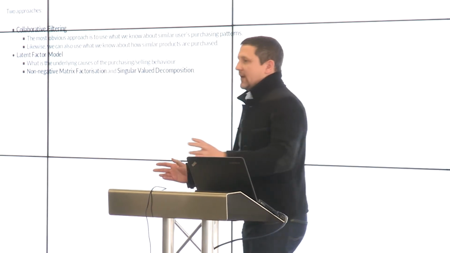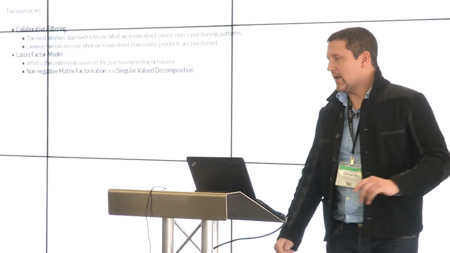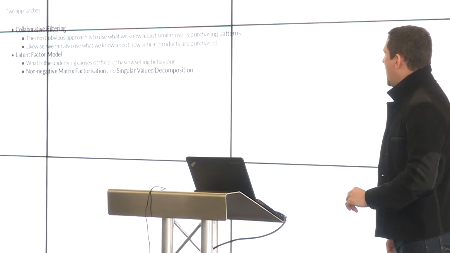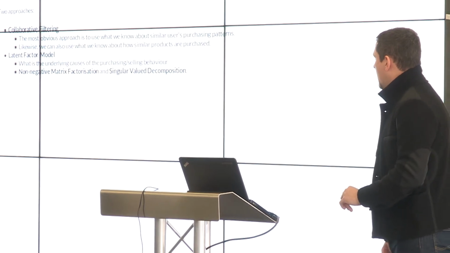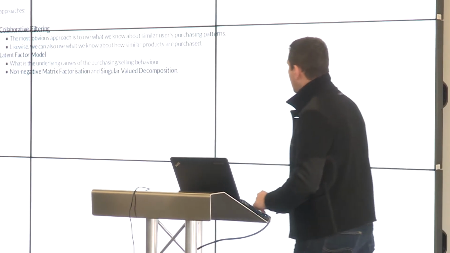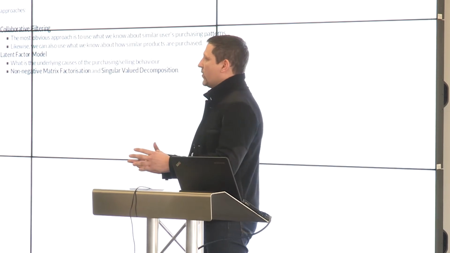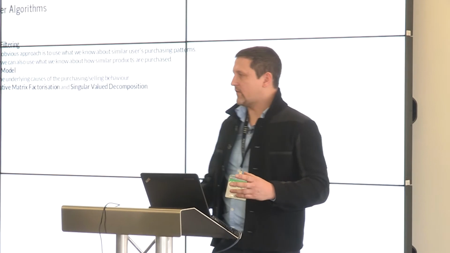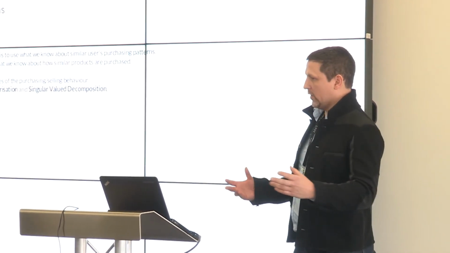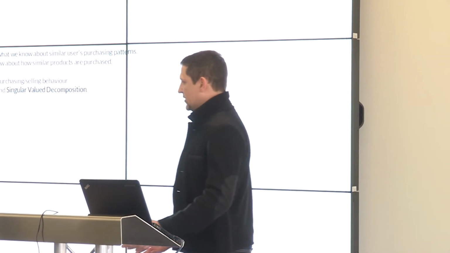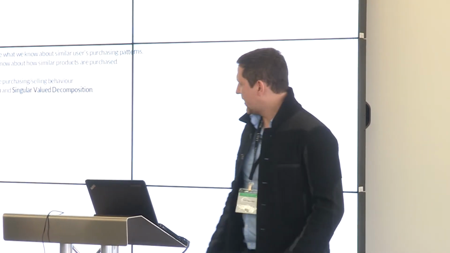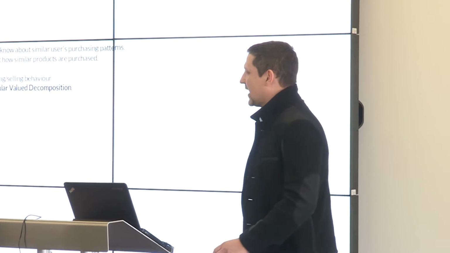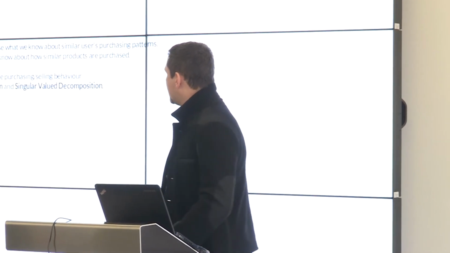So the second idea is a little more statistical and, what's the best way of putting it, a little more process oriented. And that's the idea of a factor model. So the idea that you've got a latent factor, that underlying this data is some kind of decomposition that drives the underlying activity of people and the underlying activity of items.